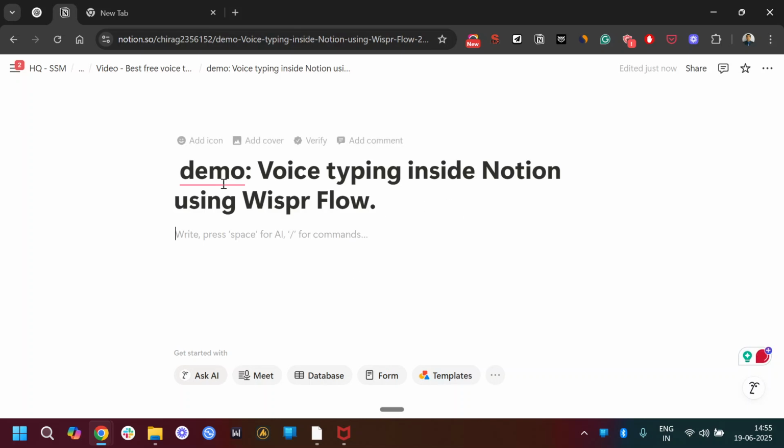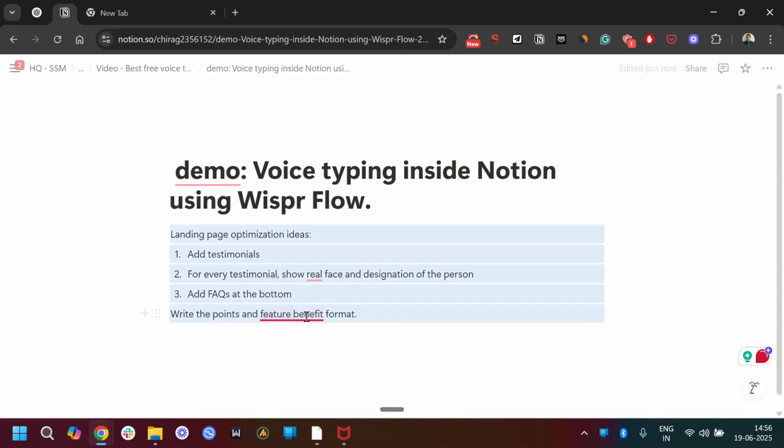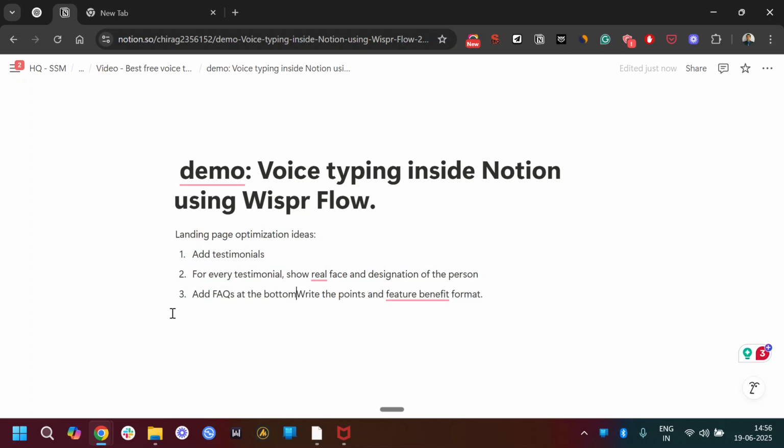As you can see, I could just use the shortcut. Landing page optimization ideas. Point number 1, add testimonials. Point number 2, for every testimonial, show real face and designation of the person. Point number 3, add FAQs at the bottom. Point number 4, write the points in feature benefit format. So as you can see, it got everything almost right, and this didn't get into the bullet list, but